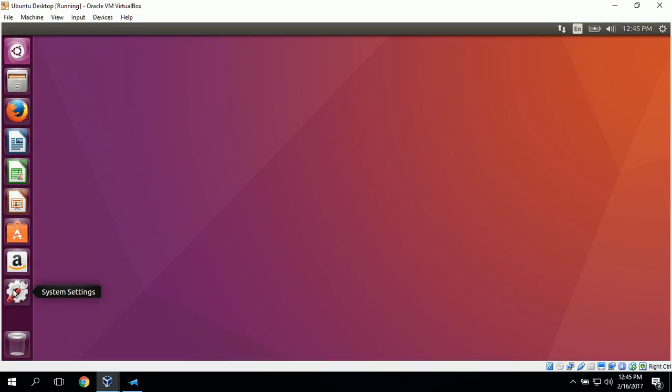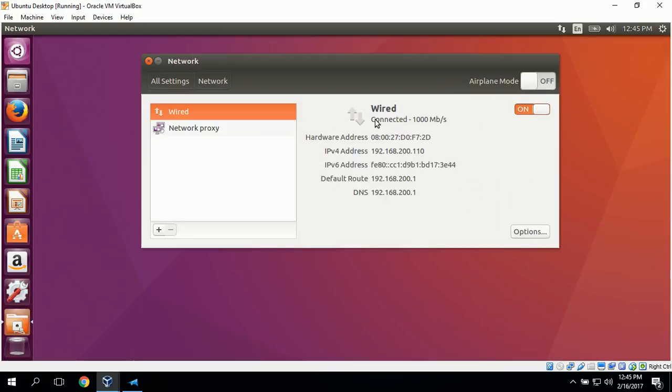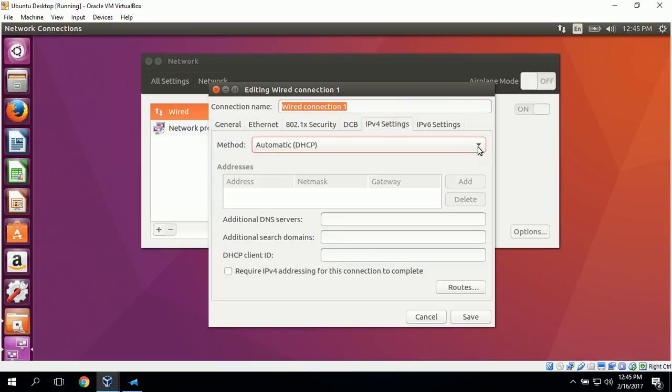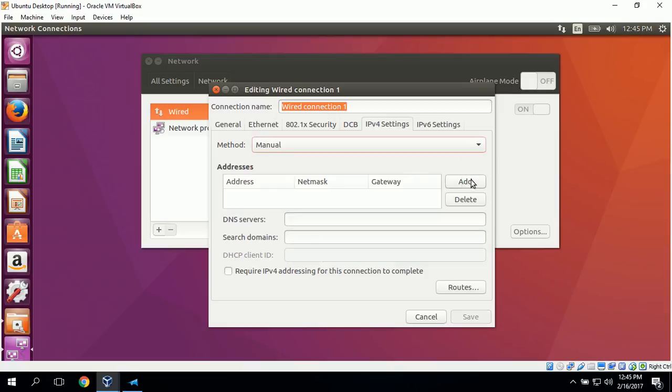So to do that, we just go to System Settings and click on Network and select the network setting that we want to change, which is wired, and then click Options. And we want to change the IP version 4 settings. In method, we can change that to manual and just click add to add an IP address, and we can just type in